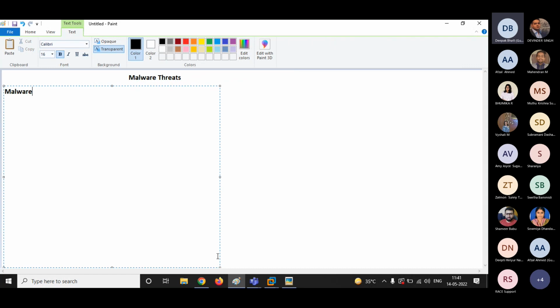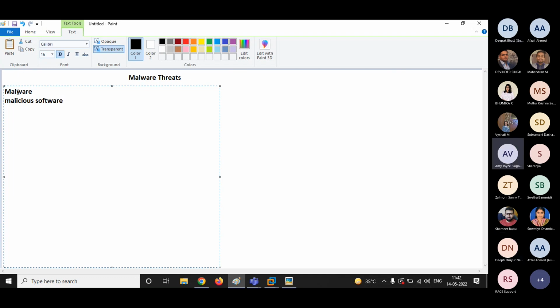Anyone else who wants to add to the definition of malware? Malicious software, software which is used to exploit and take advantage. Okay, someone said malicious software.